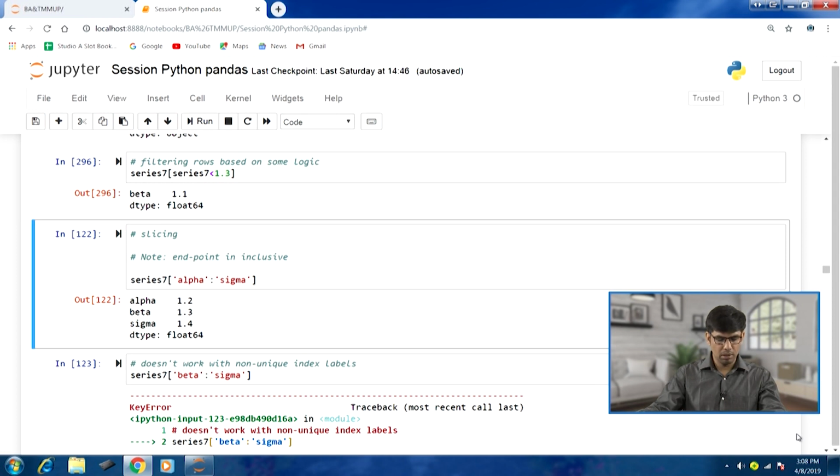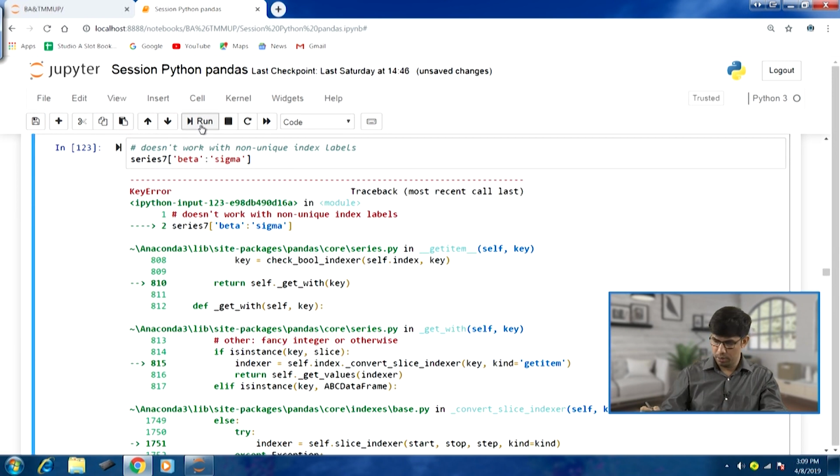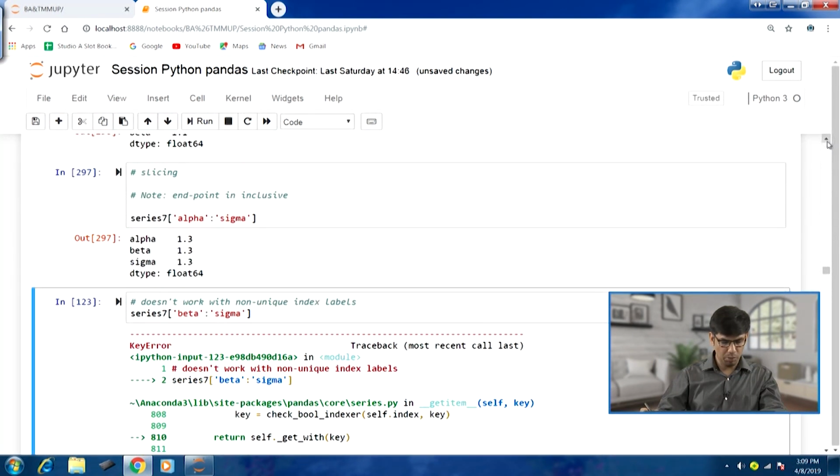So, let us say series 7 and within brackets we can pass alpha, then colon, and sigma. Those rows are going to be sliced and displayed. If I run this, you would get that output, number 297, starting from alpha, beta and sigma; those 3 rows which were part of the slicing have been displayed.